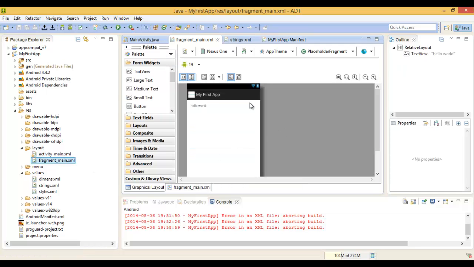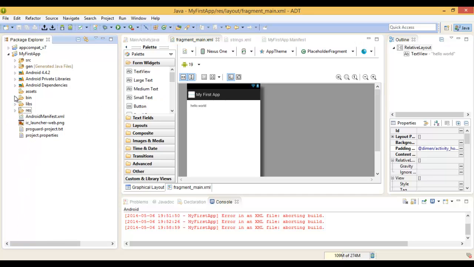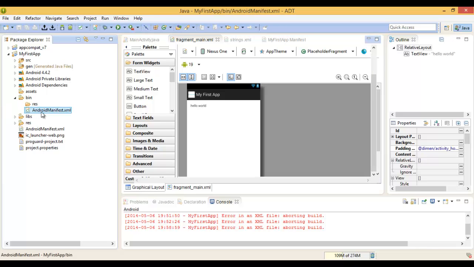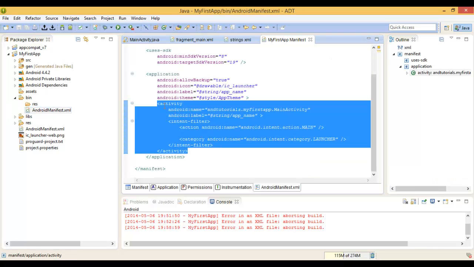So if you go to resources, layout, fragment main, and you've got your default page, and it says hello world, My First App. So that's where the app name is defined, My First App, and I'll show you where that is in a second, but I'll finish explaining the manifest. So that's our screen in a minute, and you can tell this by what we've got in the activity. So the activity is the screen,